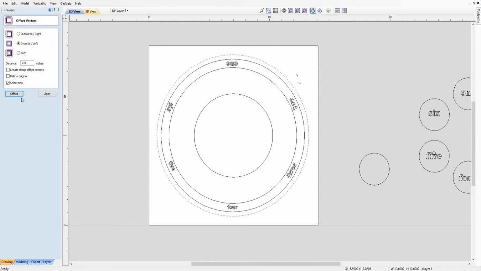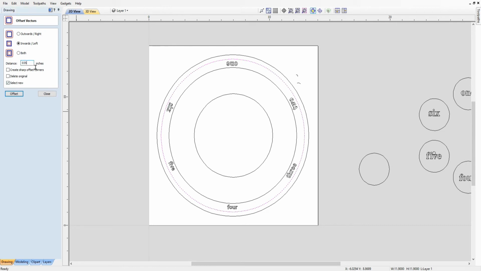And this is 0.35, and it creates this second circle, and you choose that one and you offset that one